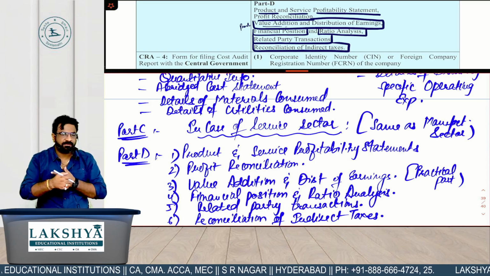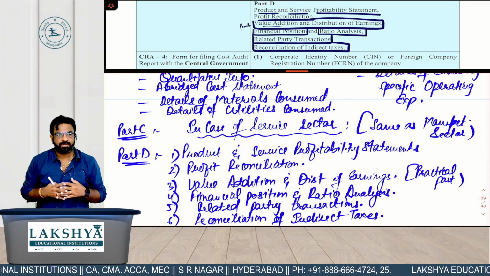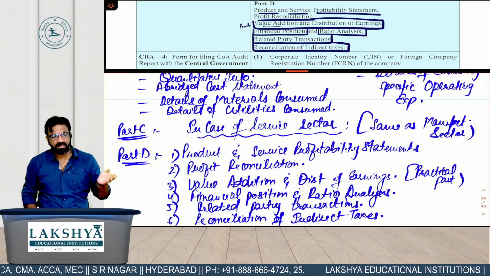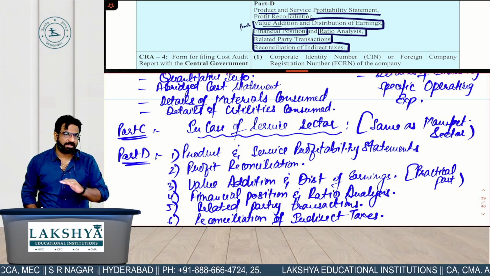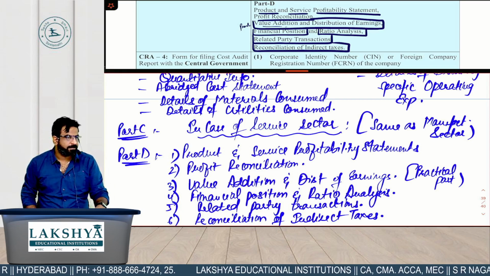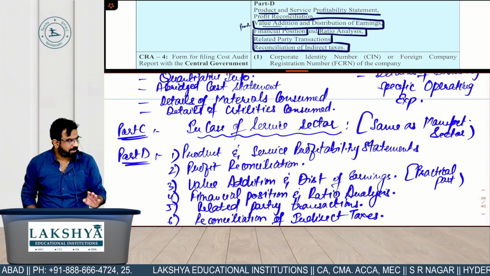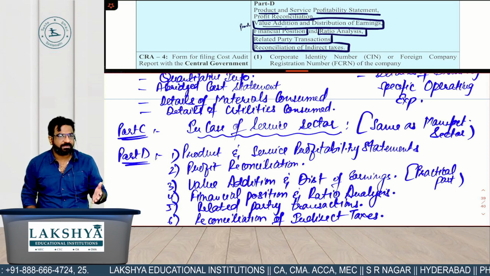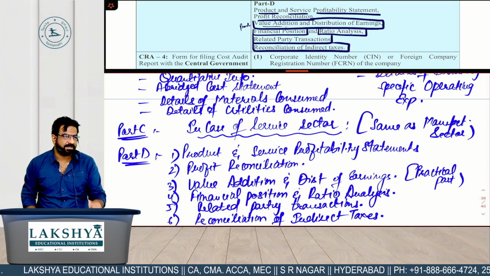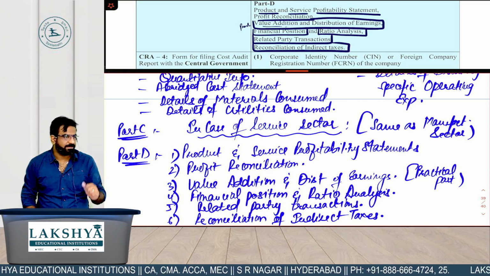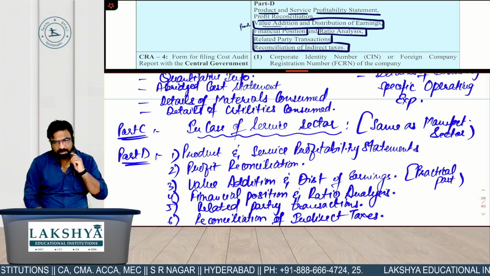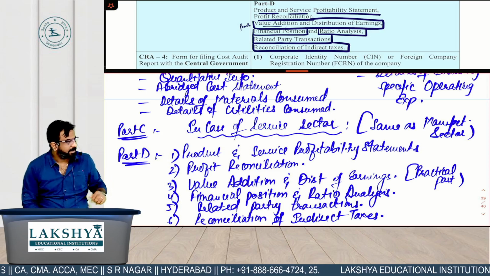So with that, our 3 forms and 6 rules are over. Form number 4 we are yet to discuss. So let's discuss first, then we'll see the form, and after that I'll make you write. Then we'll be left with only the practical portion in this chapter. For the next 2-3 days we'll continue doing practicals of value addition, distribution of earnings, ratio analysis, and we'll also see the waste multiplier. Different types of practicals, one or two questions of each. Okay, noted everyone?